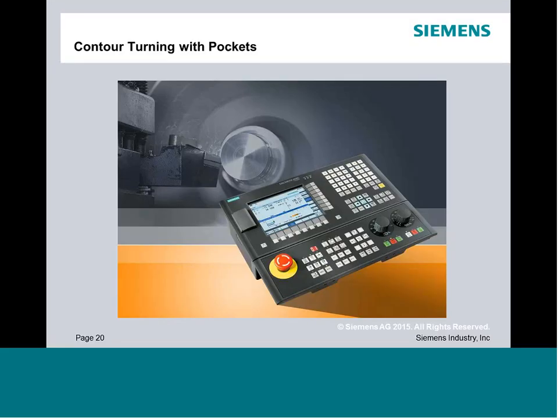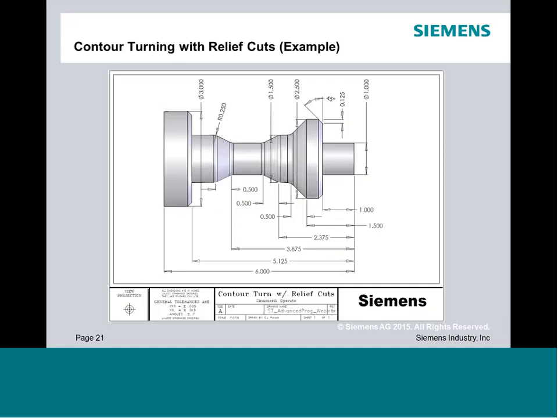So the next scenario, and getting into our first live programming example, is going to get into contour turning with pockets. And why I want to explain the tooling first is the tooling's directly in relation to this type of geometry. So as we go in, we're going to grab a couple different tools. You're going to see as it machines, it's going to be diving this tool down into different areas and using as much of it as it can, but it's going to leave material there. And the amount of material it leaves is totally dependent on the values I gave it in that previous setup